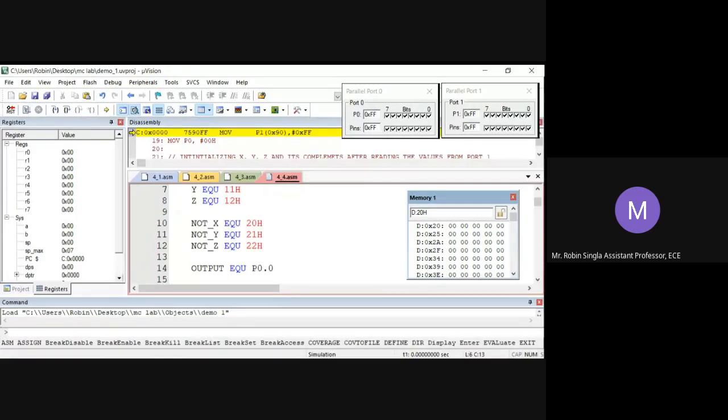Oh, sorry. Your 10 is 22. 10 is 22.0, 11 is 22.1, 12 is 22.2. And memory location 20 is 24.0, 21 bit memory is 24.1, 22 is 24.2. Okay, if required, I will show you the table.